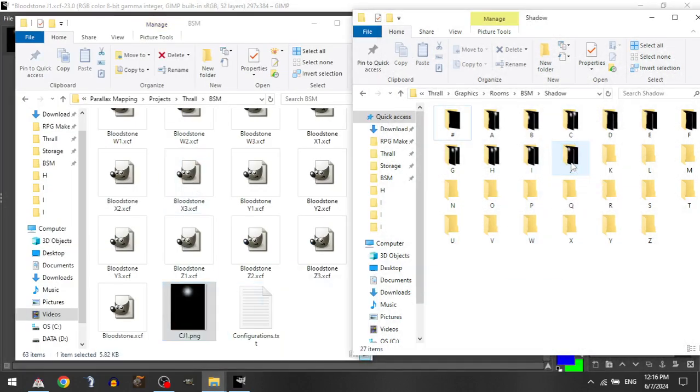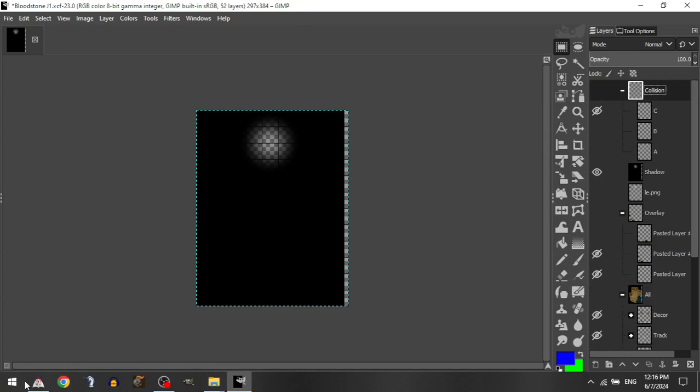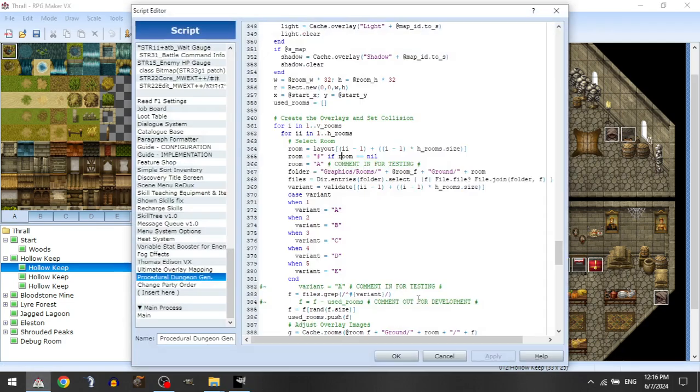Send that into J. Okay. And that's it. It's already implemented in the game. Just putting it in the folders is all I need to do. Now, I don't have all the variants for configuration J set aside, but I will show you what that looks